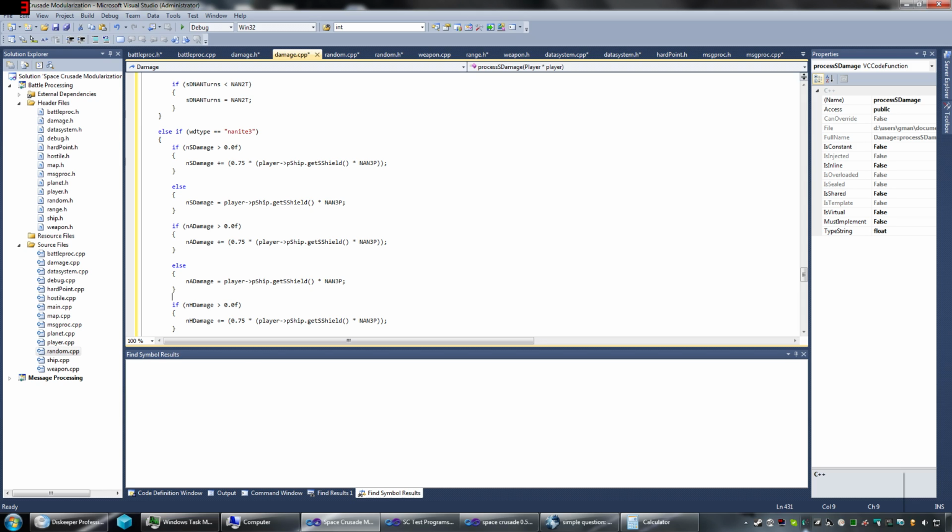So we end up with 539.55 shield left. So when we go back through now, it's going to be using that value instead of the